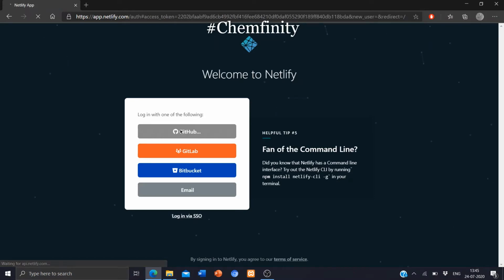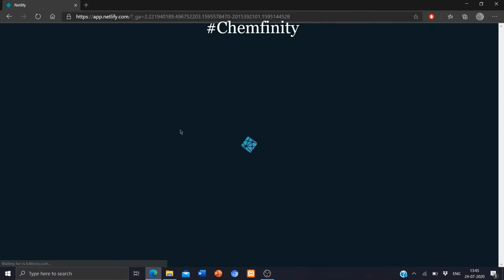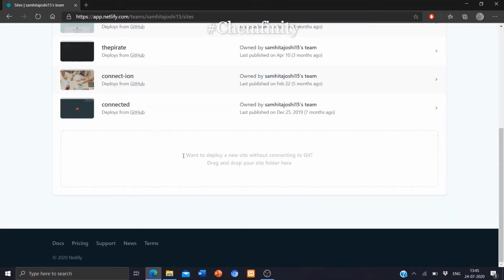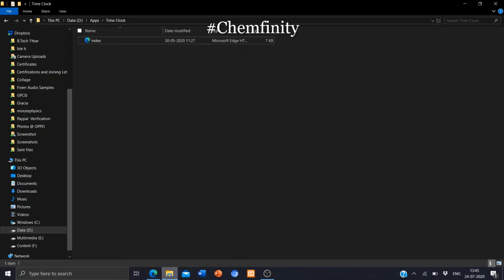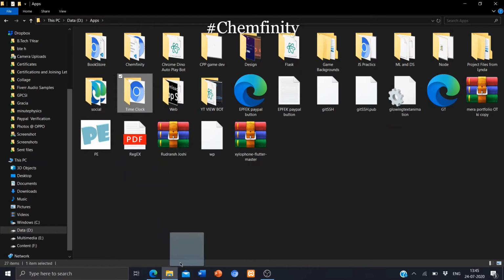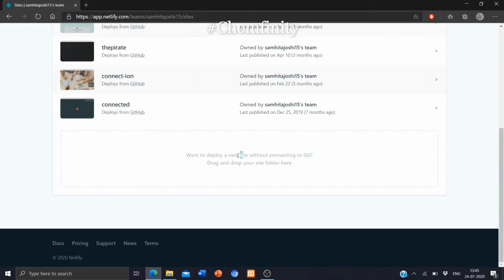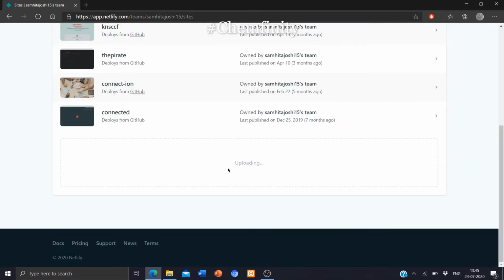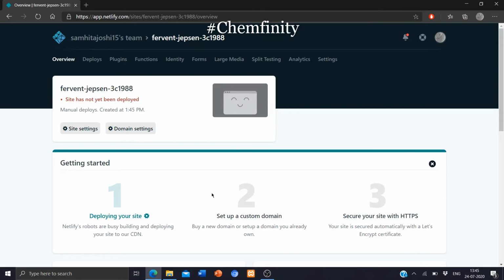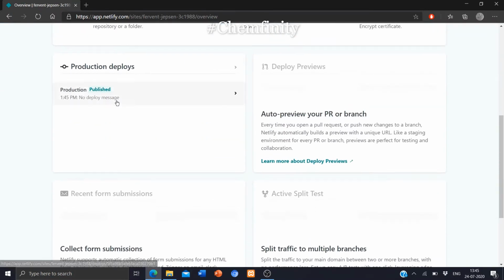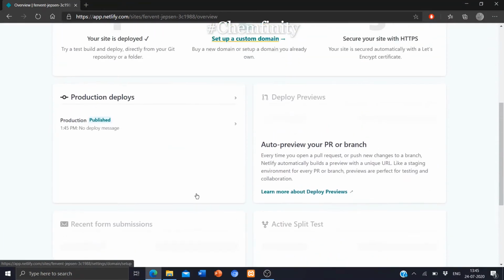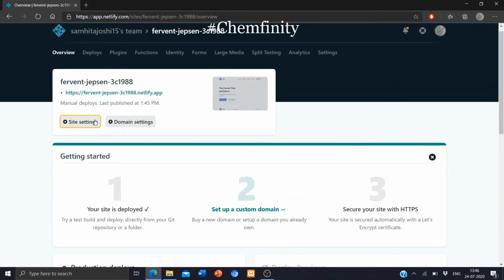Allow Netlify to authorize. If you are doing it for the first time, you will be required to authorize Netlify for accessing your GitHub account, but I have already uploaded some things from GitHub, so it is not asking me. In this case I am going to host a website that is present on my local computer directly onto the Netlify account without uploading it into GitHub, because I am not going to use GitHub Pages for this. What you will have to do is take the folder that contains all the files, the index, CSS or JavaScript files, and upload it onto that blank site I showed.